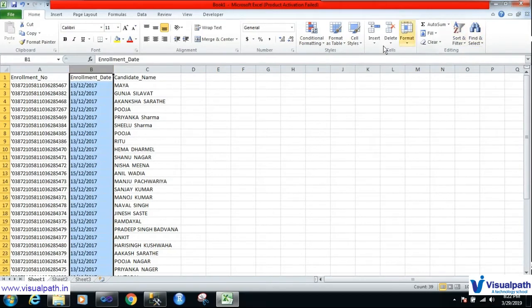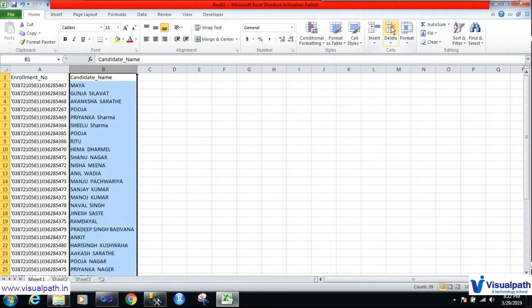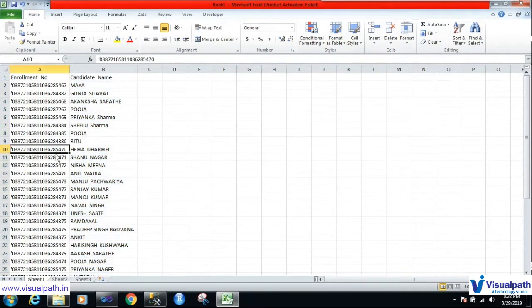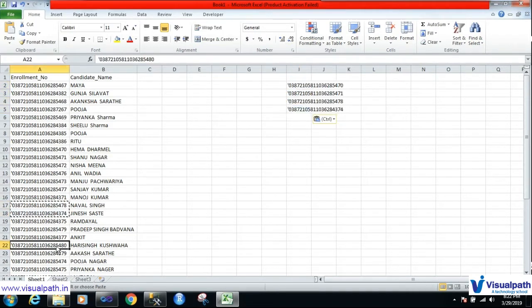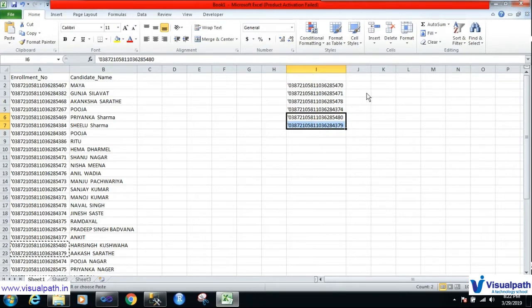Let me delete this. Let me copy two records from here, two records from here, and two records from here. Now if there are millions of records, how are you going to get the associated candidate name out of this? For this you can apply VLOOKUP.